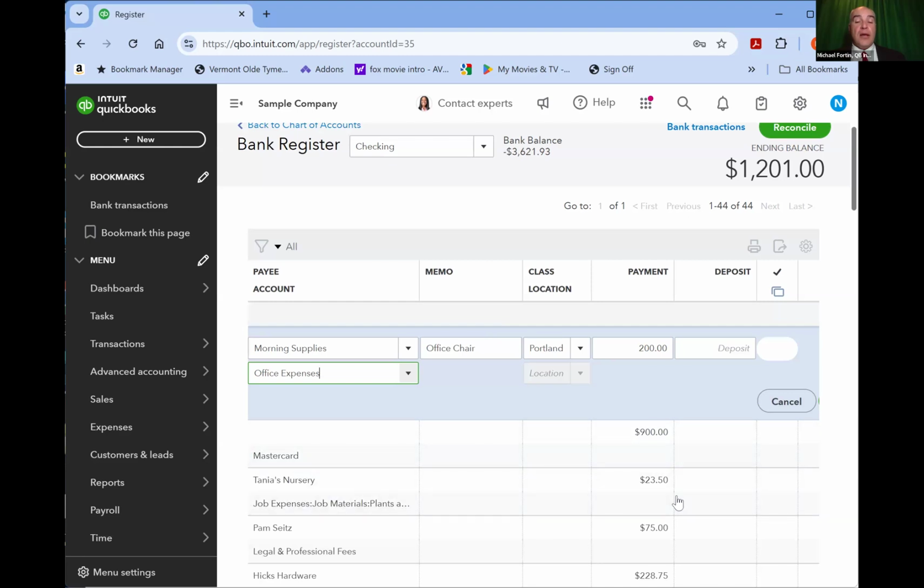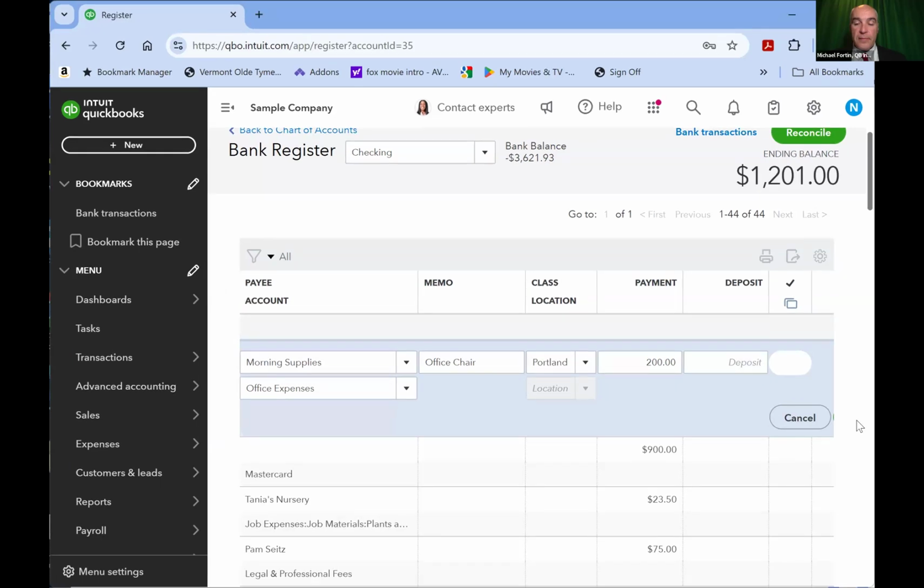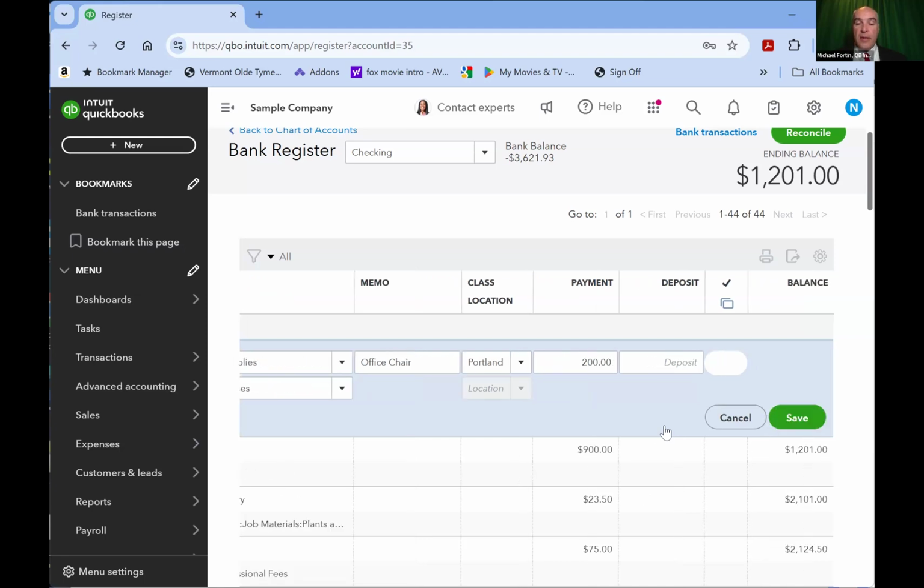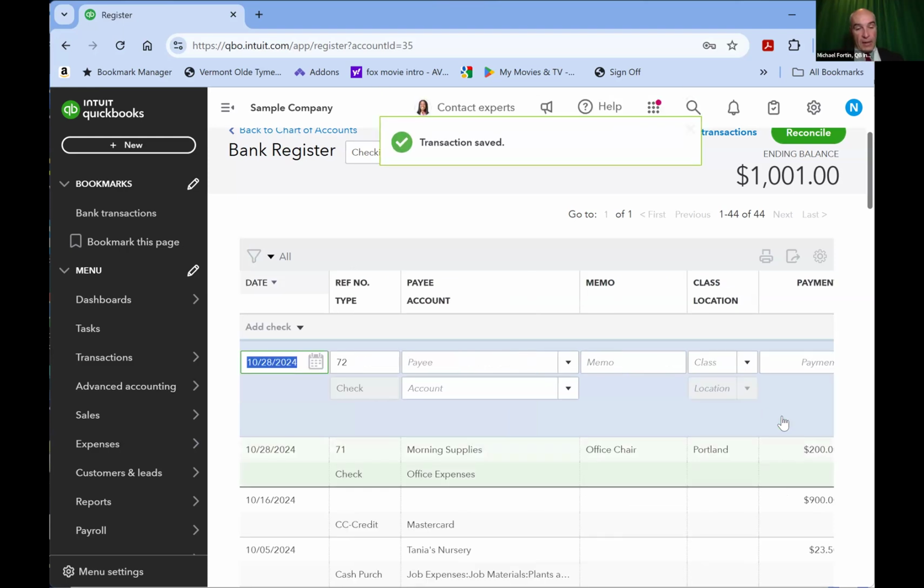And then we're ready to save the transaction. All right, so I'll go ahead and just move this little bar on the screen around a little bit, and click save. All right, great. So the check has been entered.